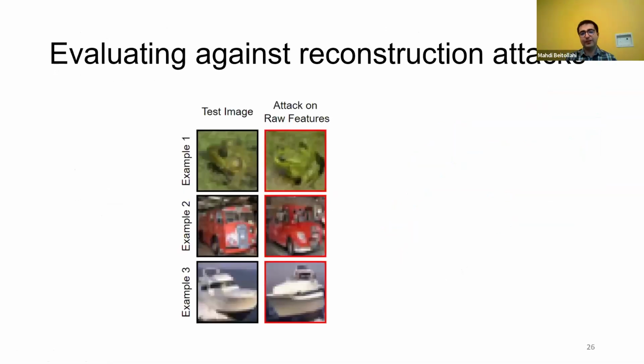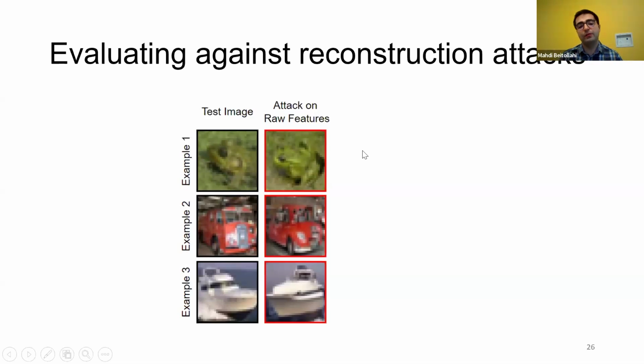The last thing, which I think is a very cool experiment we did, was a reconstruction attack on our federated learning setup. One way, if you think about it, is that instead of training these parametric models, training this GMM, we can just send the raw features, right? The reason we cannot do that is because of this. A user can reconstruct exact images from the raw features, as you can see here. These are 3 examples we're showing here.